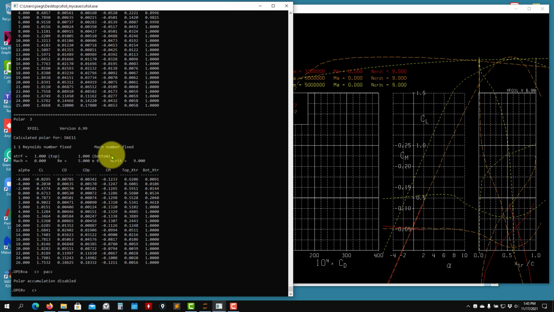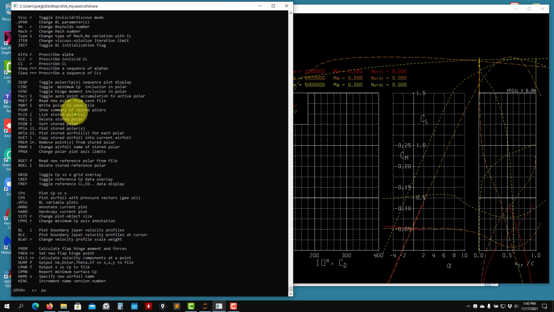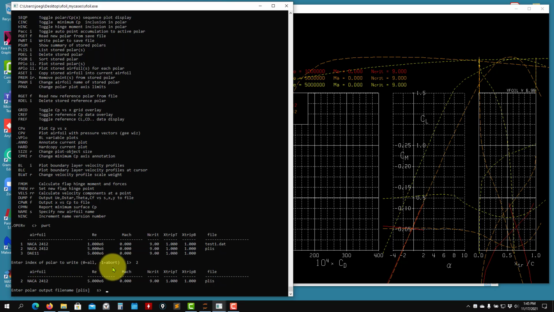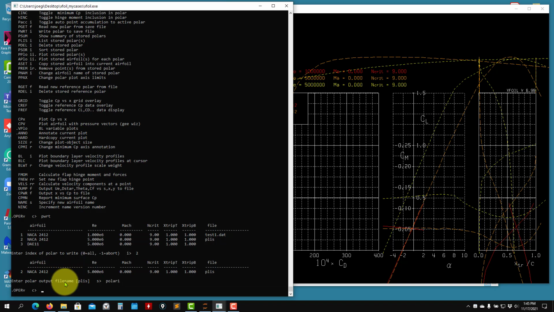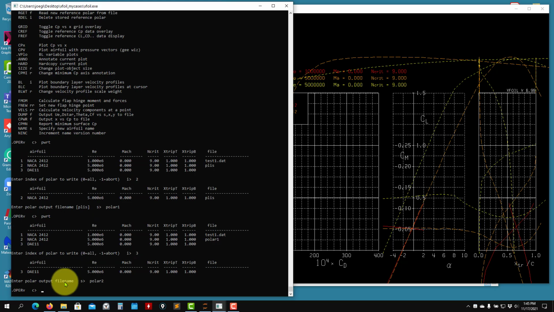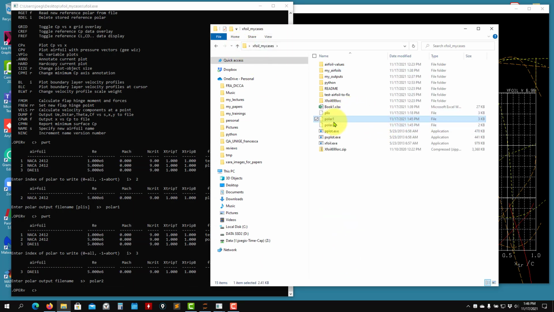Okay, and we can write this solution. So let's say that I want to write this. I go PWRT, and it will tell me which polar I want to write. Let's say that I want to write 2. It will ask me, okay, what is the name of the file? So I would call it polar1. The same, I want to write polar3 and polar2. Okay, so as you go here, see that you have